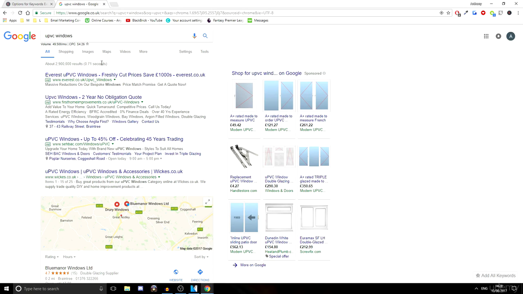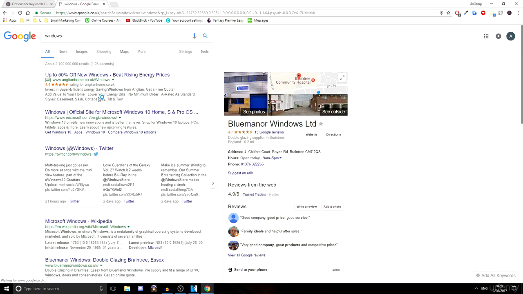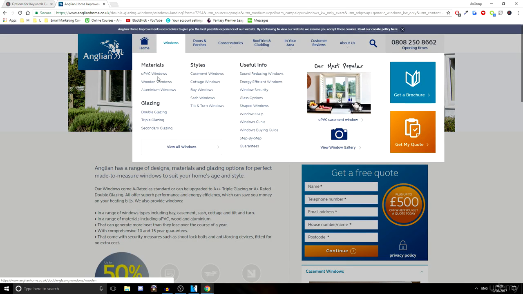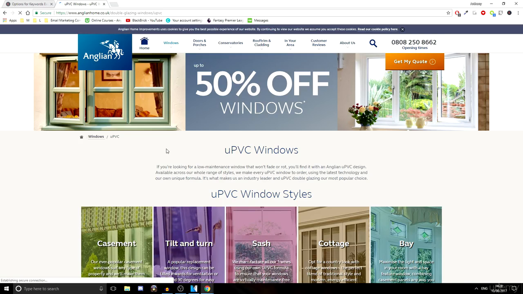That's about right. But yeah, if we do another search right now, just for Windows, it might come up with Microsoft Windows. Yeah, there we go. But in matter of fact, Anglian Home, who are selling Windows, gets 1.8 million searches a month. That's crazy. They are paying $4.25 to get to the top there. So if we click on their website, you can see,